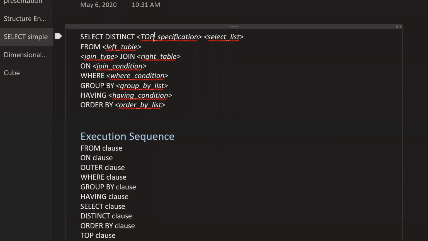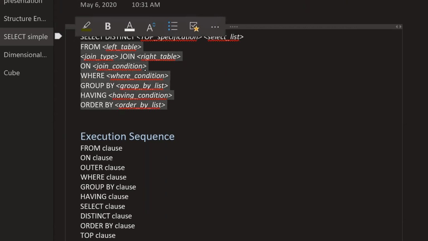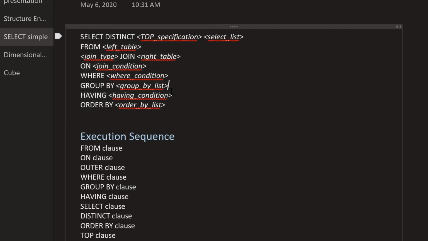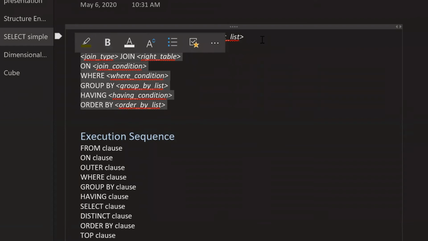Then we have where, group by, having, order by, and so on. In the full-blown course, we do talk about all these in detail. We talk about what keywords are optional, and so on. Generally speaking, everything is optional except for select and from. But the rest of them, we usually utilize in the same sequence whenever we have a specific business